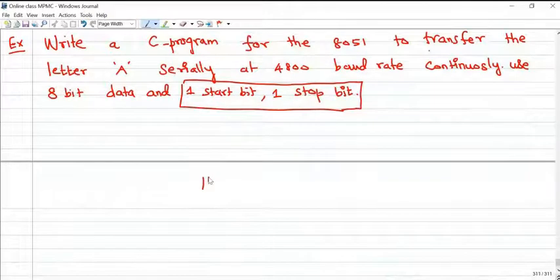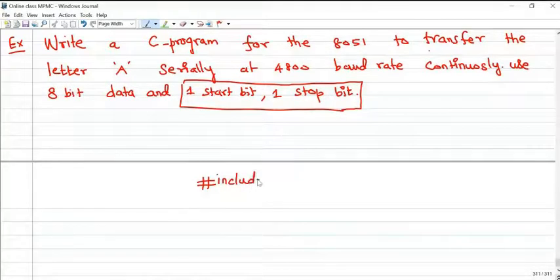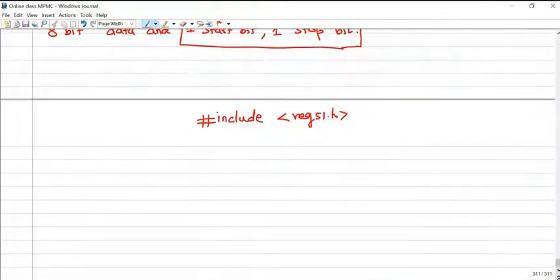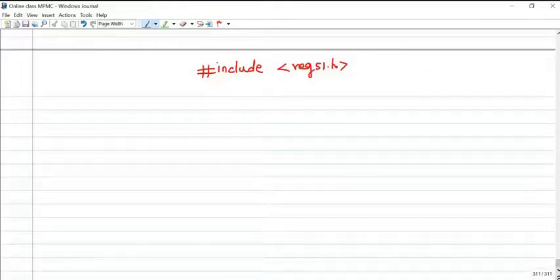First step, include all 8051 registers from the library: #include <reg51.h>. Okay. This header file indicates we are including all the registers of the 8051 microcontroller.